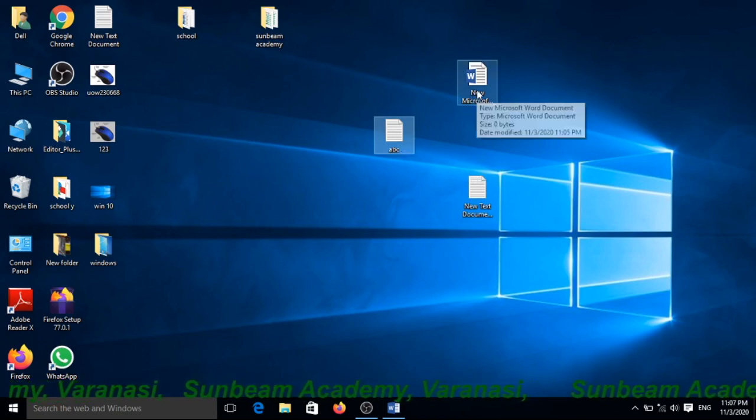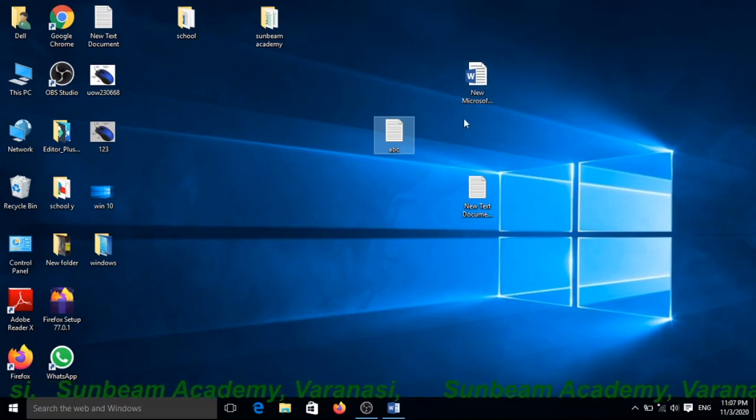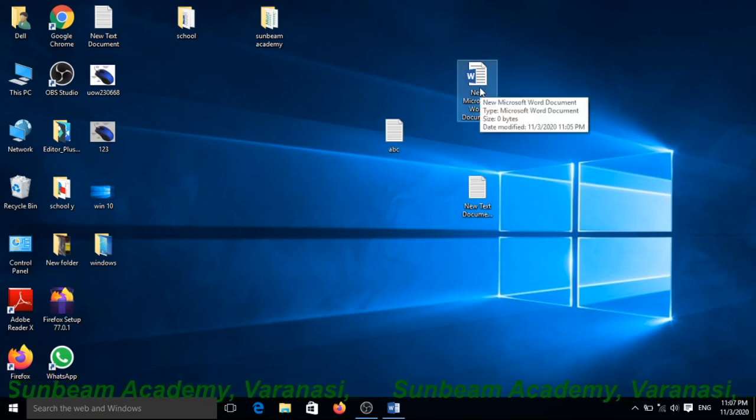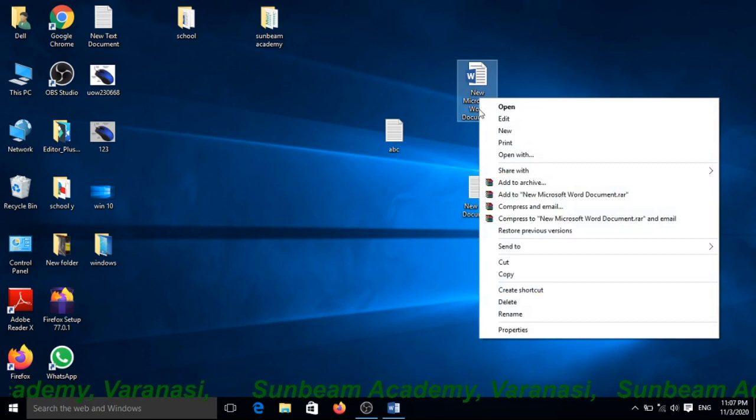I want to rename this Word file document. Same process. First you have to select and then right click. The option will appear.